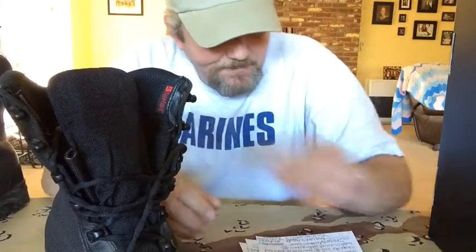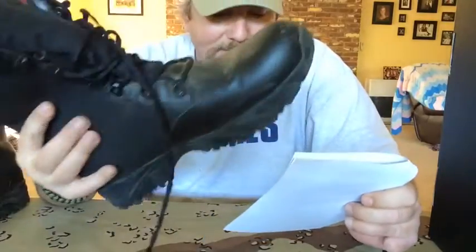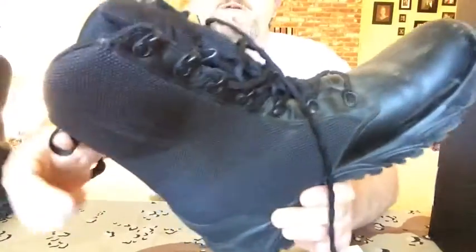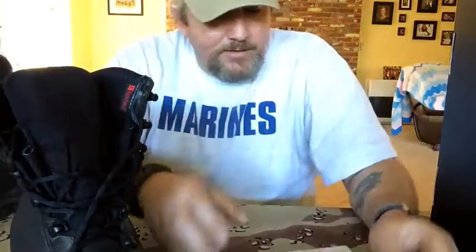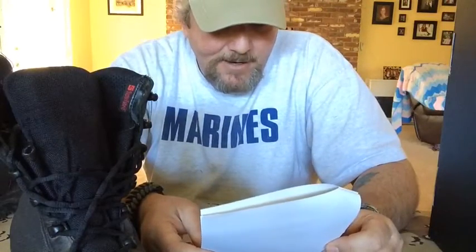All right, the only thing I didn't like, besides the entire boot not being made of this, is the pull tab coming out of here. The boot is so comfortable and form fits that sometimes when you're trying to pull them off or pull them up, the pull tab doesn't quite work, but I mean, that could just be me being an idiot. So other than that, yeah,